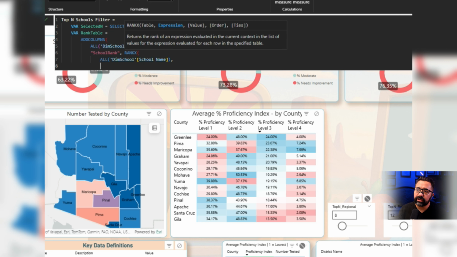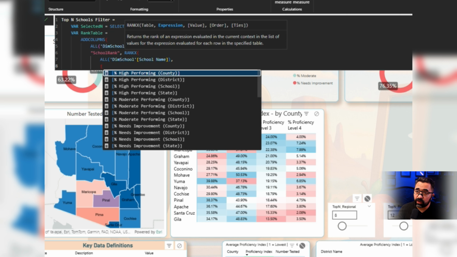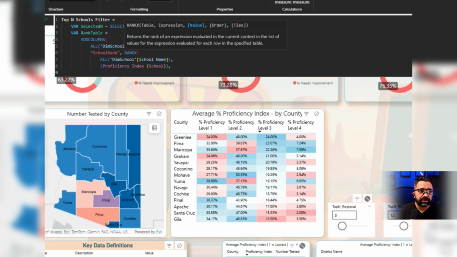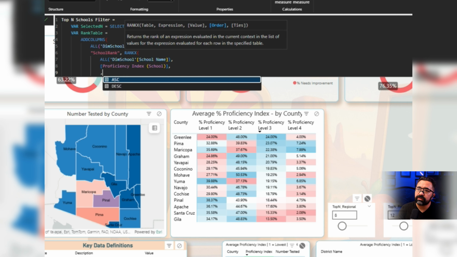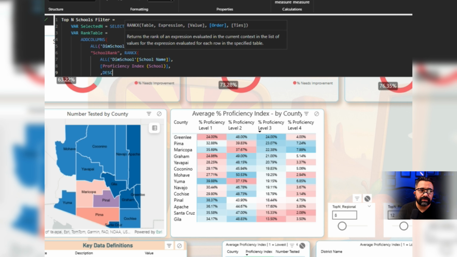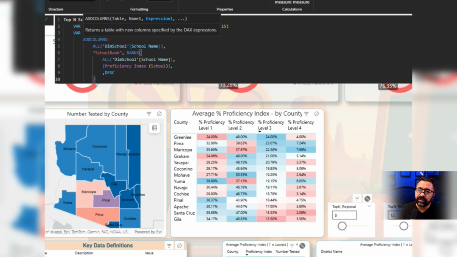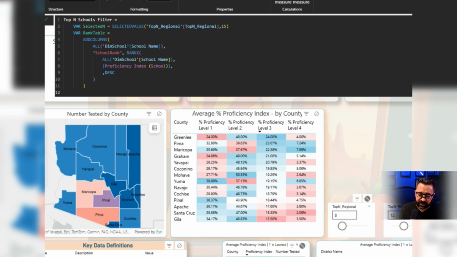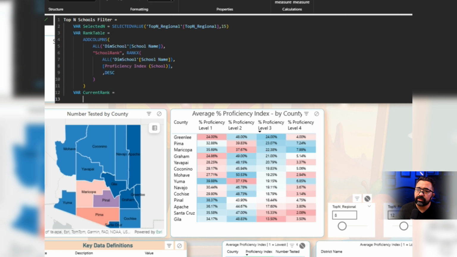close parentheses, comma, new line, open square bracket, it'll be Proficiency Index School, comma, new line, comma, and then it will be sorting descending. New line, close parentheses, new line again, close parentheses, new line again, and we're going to create another variable. It'll be CurrentRank equals new line, hit tab,